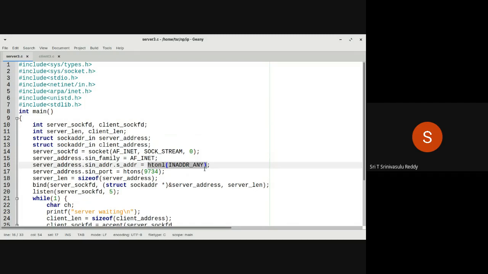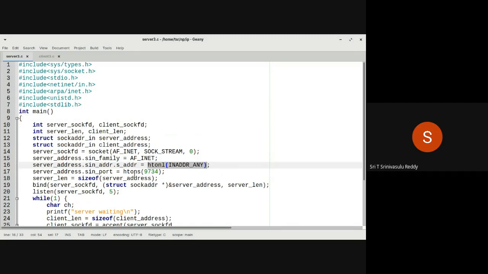Whenever the server is interested in receiving requests from any client running on the network, then you have to specify INADDR_ANY. This is mostly the same as your 127.0.0.1, so you can specify that particular thing.